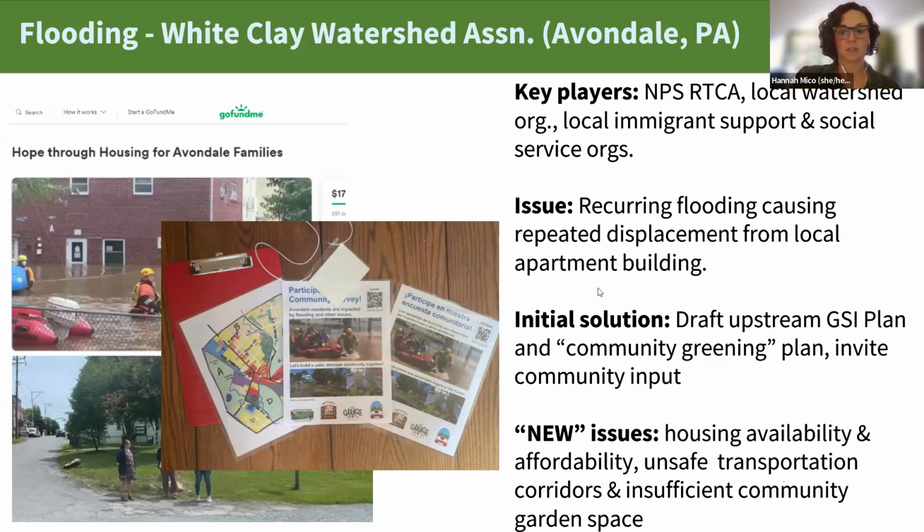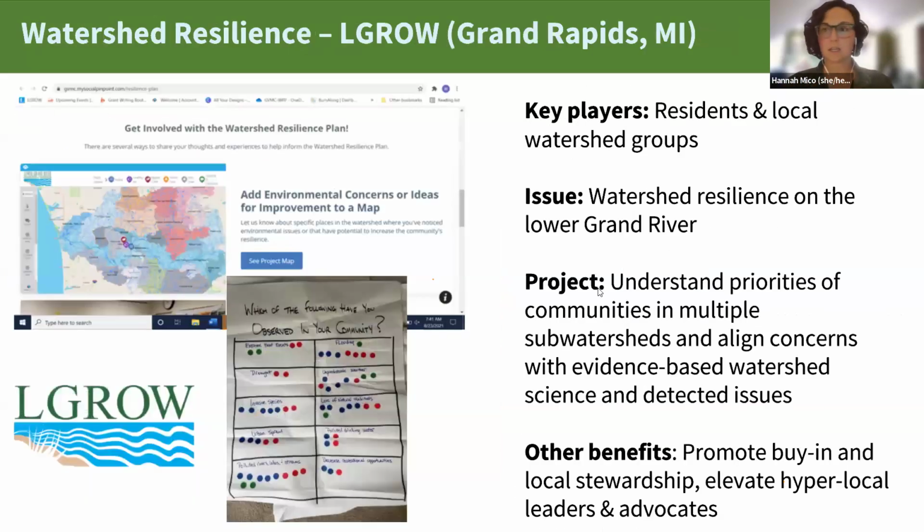A second project that we worked on, and this was in my town in Grand Rapids, Michigan, was a watershed resilience plan with the Lower Grand River Organization of Watersheds. So they were trying to develop a master resilience plan for the entire Lower Grand River, which encompasses over 30 smaller tributaries or sub-watersheds. And they came to the conclusion that each subwatershed should really have its own action plan